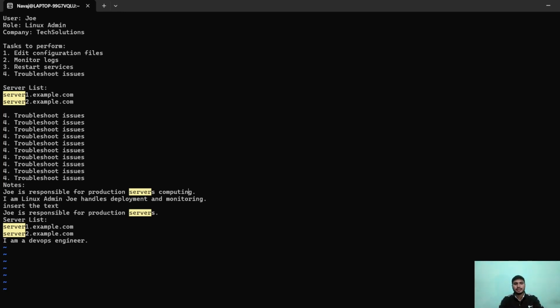We have searched the words, but if we want to jump to the next matching word, then we can just simply press N. So that way we can move our cursor to the next word. In that same way, if you want to move your cursor to the previous word, then you just have to press Shift and N. Then you can see we are on the previous word. If I try to insert something here,